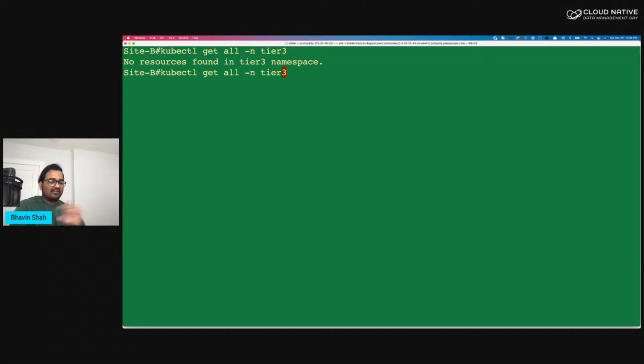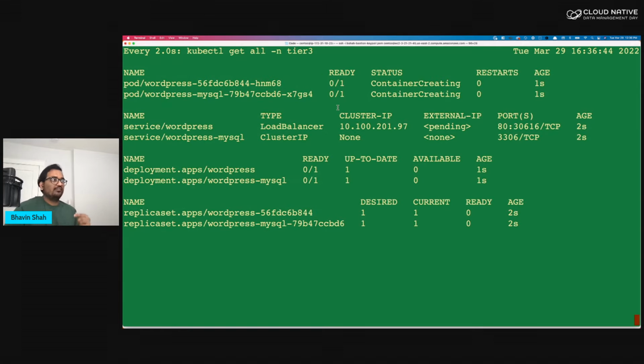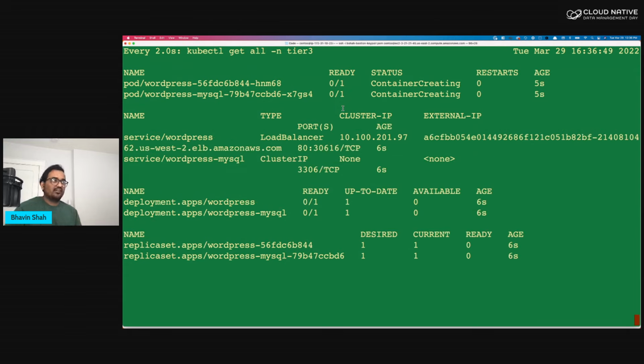Again, we follow the same process where we copy or restore the volume first. So let's do a watch command on this end. Whenever the backup job is completed, those resources will start showing up. As you can see, we have our deployments, our containers are in creating, our pods are in creating state. We did get lucky, and I didn't hit the ELB quota for the live demo. So it looks like we also have an endpoint going for us.